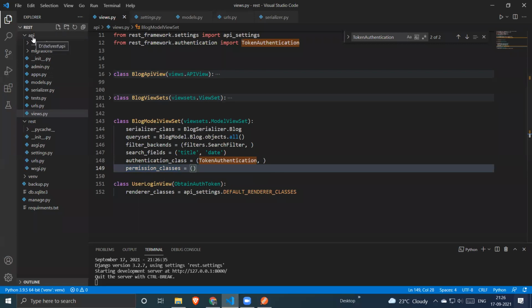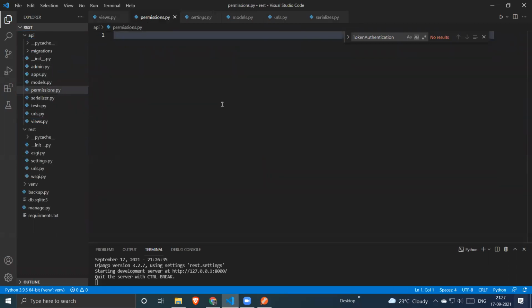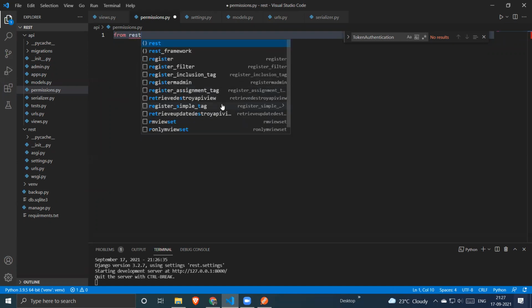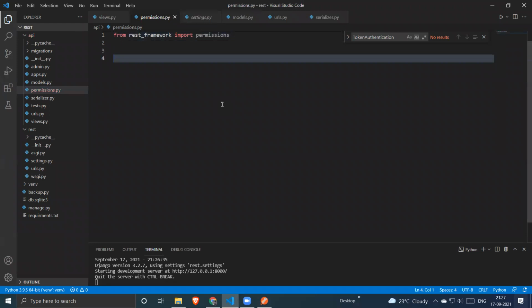To create a permission class, I usually prefer creating a new file called permissions.py, and in the same file we write our permission class. It should be imported from the Django REST framework: import permissions. We need to extend this in our class.